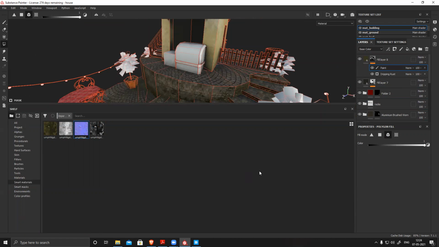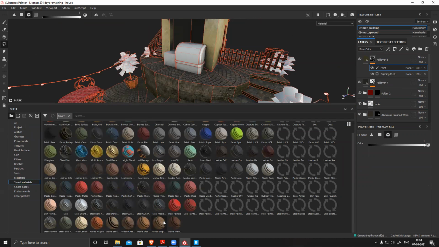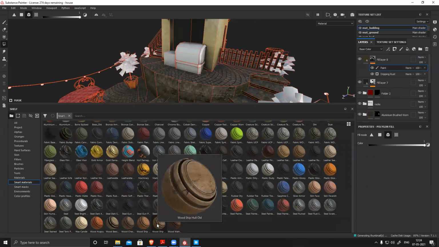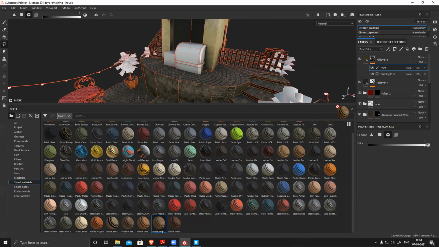Smart material, and I have a lot of wooden surface, so I can use any one of them. Let's use, drag drop this one.